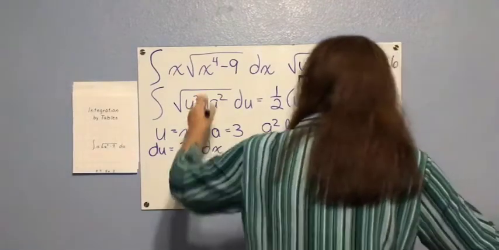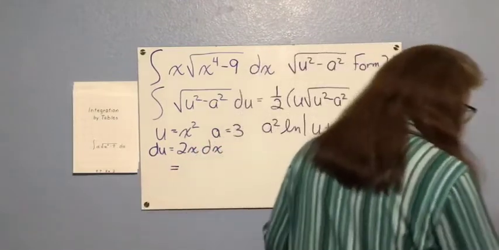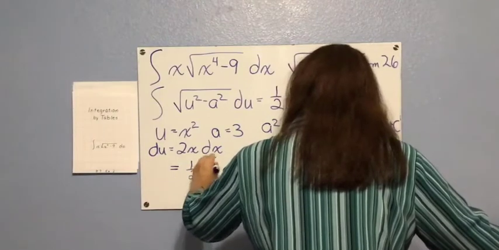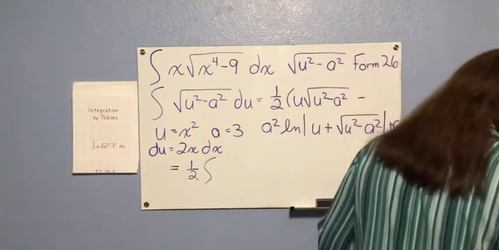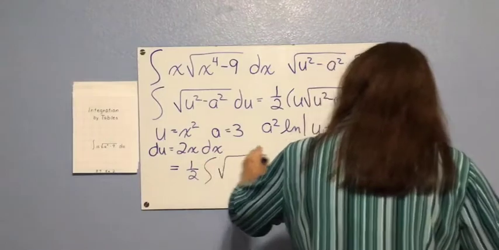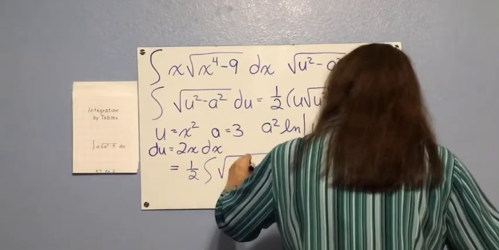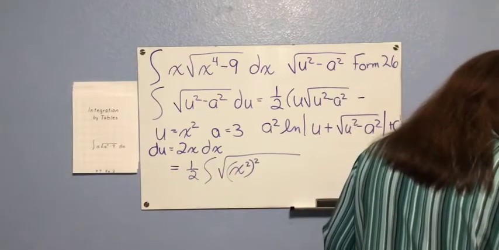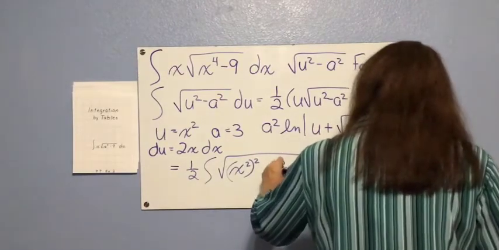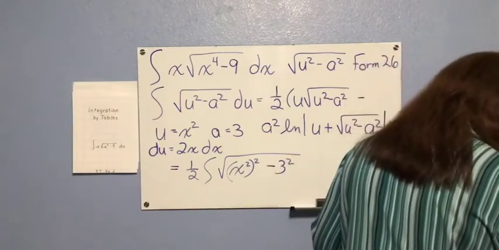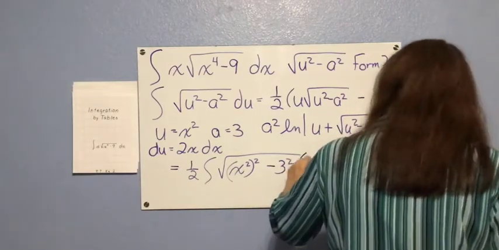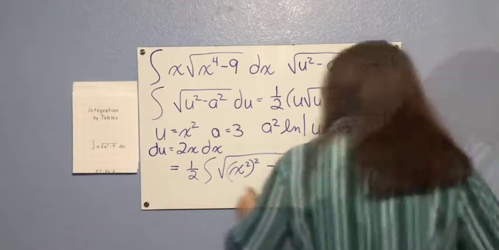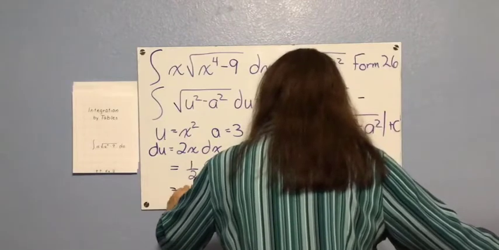And so you have this original is equal to 1/2 of the integral, the square root of (x squared) squared minus 3 squared times 2x dx. And when I simplify, I get 1/4